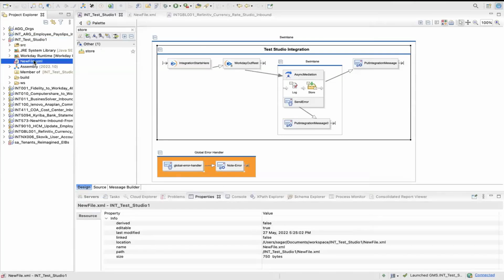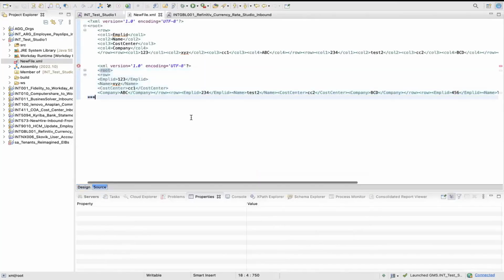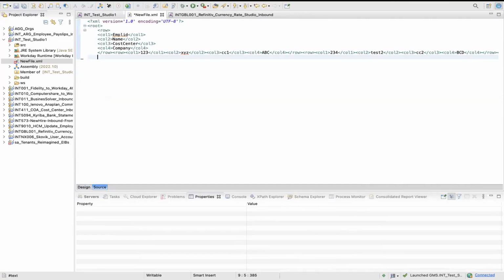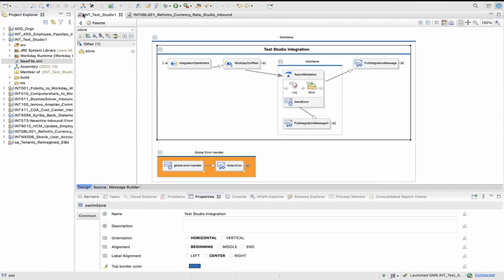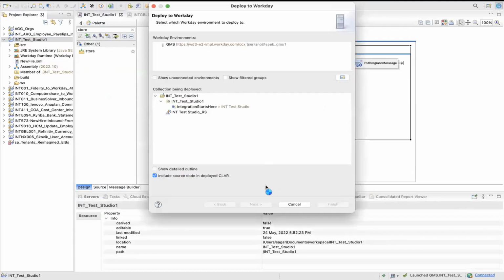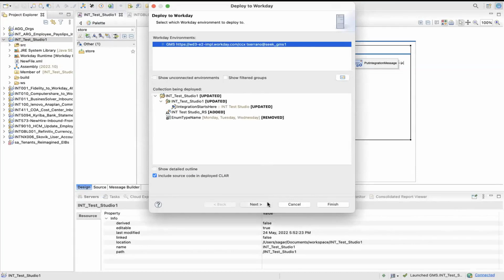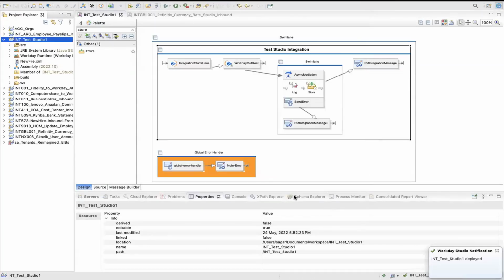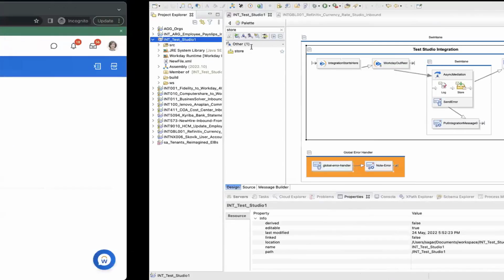This file has an error. Okay, now let me deploy. Deployed.